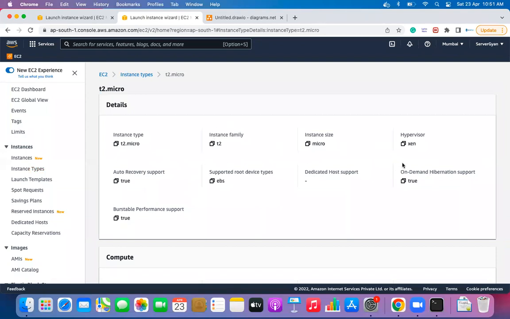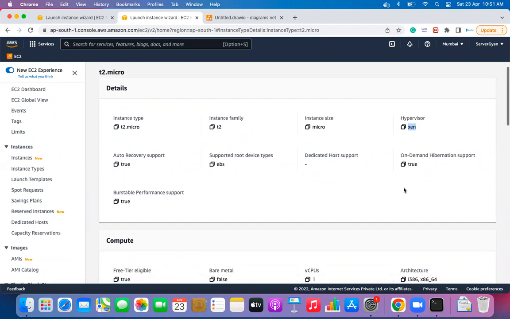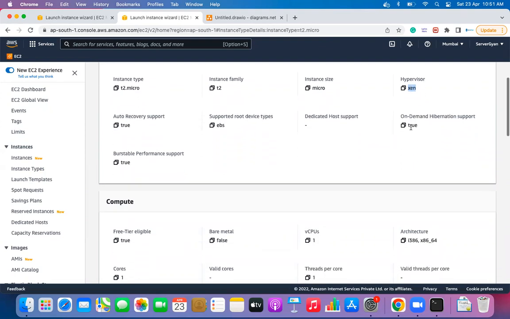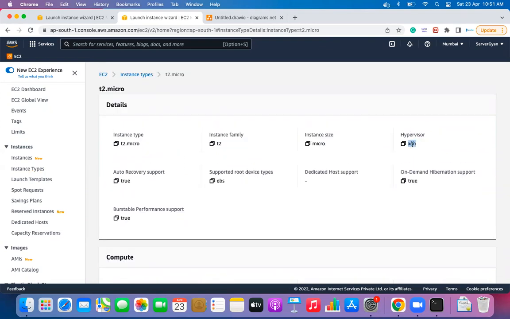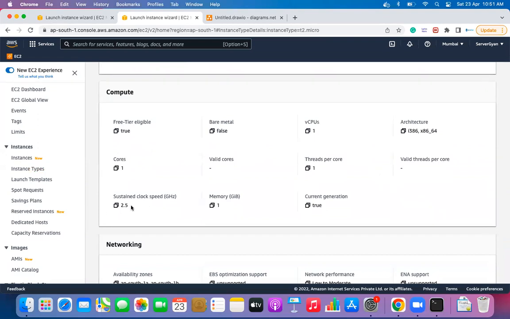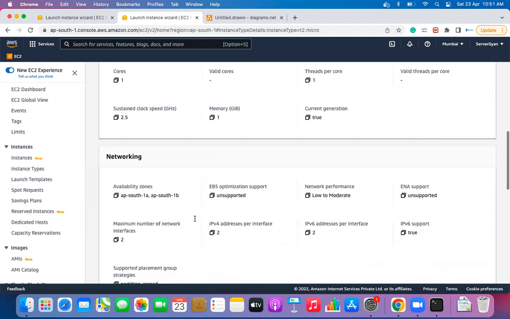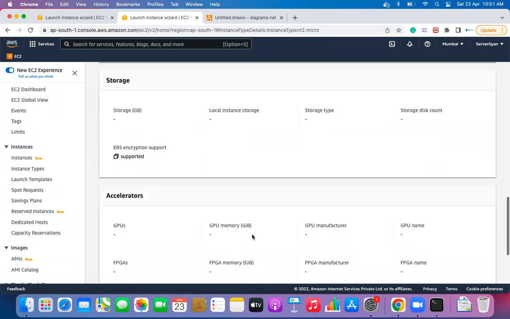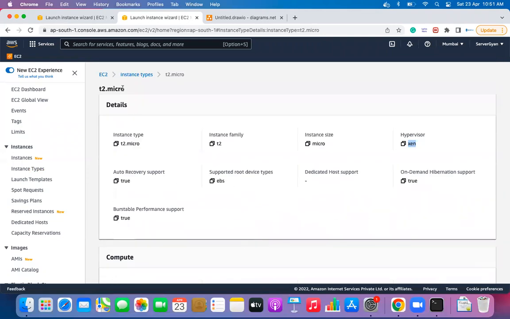instance memory, this. What is the hypervisor? Guys, what is the hypervisor here? Xen. Xen. What is the sustained clock speed? 2.5 gigahertz. Right. So every sort of information we can figure out along with this particular panel. Okay. Now, if I go back